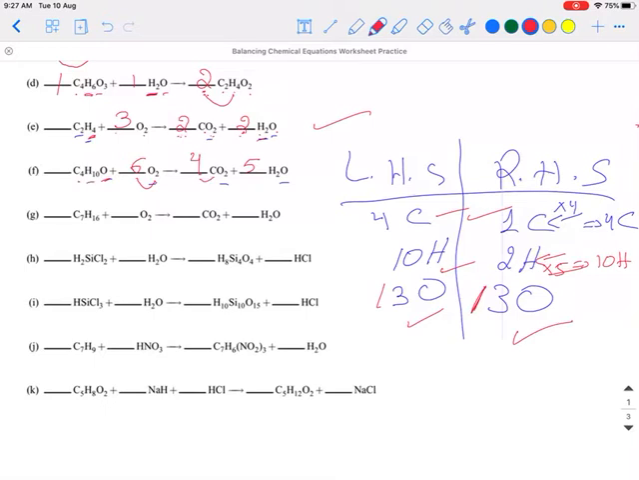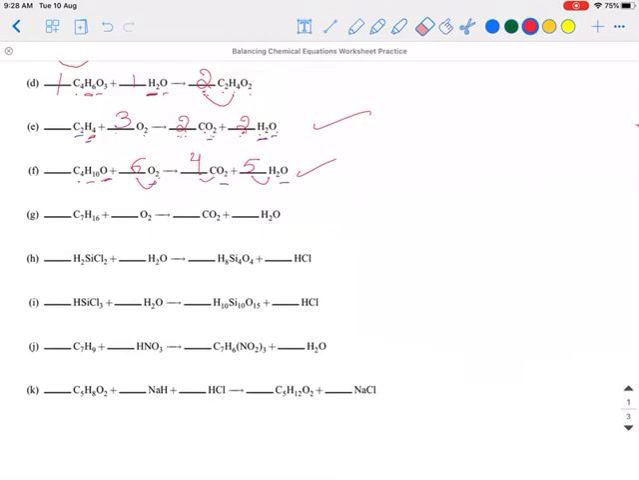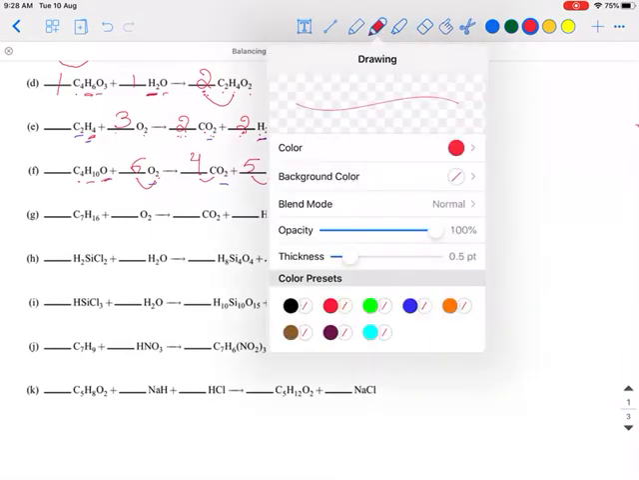Let us do the final check. 4 carbon, 4 carbon, 10 hydrogen, 10 hydrogen, 1 oxygen and 12, 13, 8 oxygen and 5, 13, and the equation is balanced. Part G,